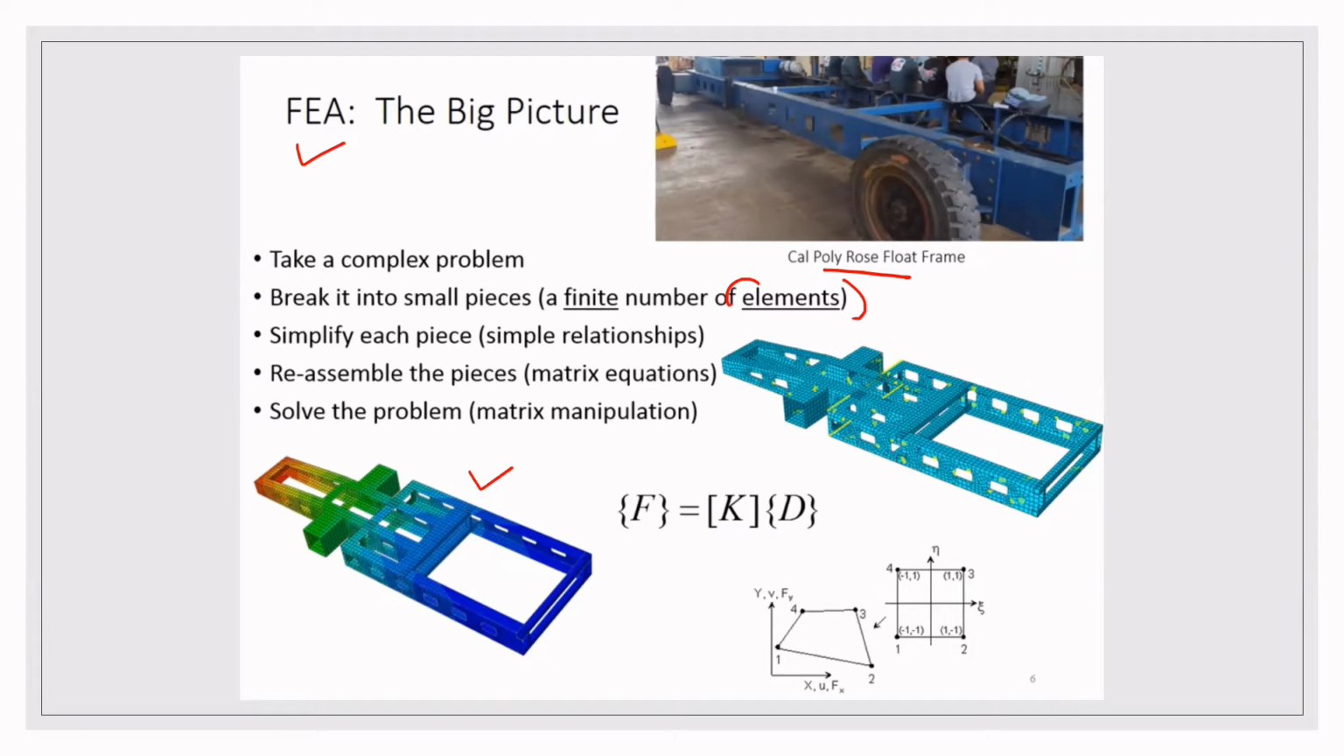So we are going to limit ourselves to a non-infinite problem. So it's a finite number of elements. There might be hundreds, there might be thousands, there might be millions of small pieces, but it's a finite number. Then we are going to look at each piece and come up with a very simple description of what's going on in that piece. And oftentimes, a linear relationship